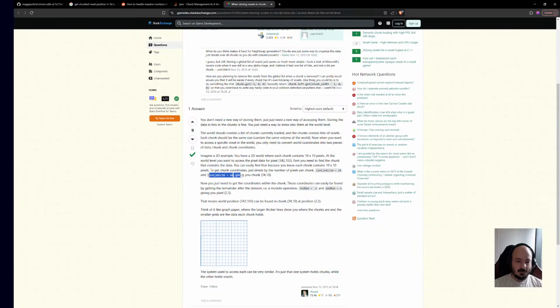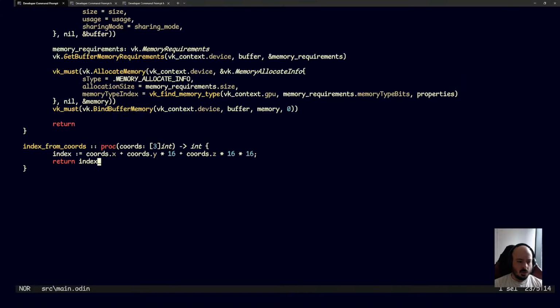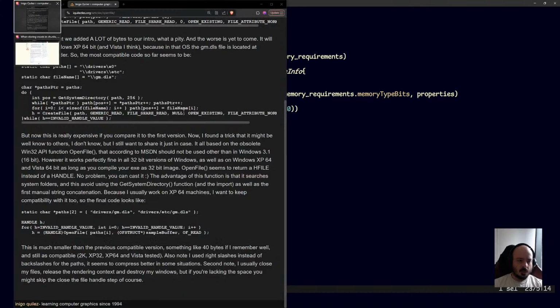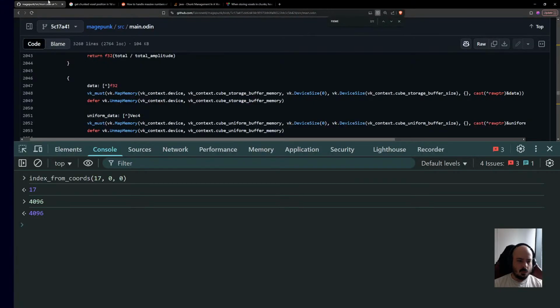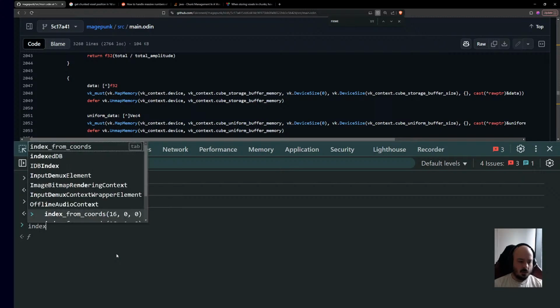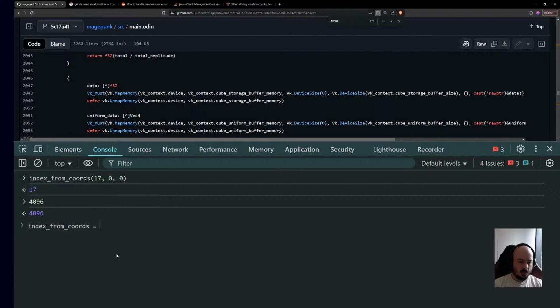Okay. Giving you 34, 10. You see, you get the coordinates within the chunk. Right. Wow, okay. That's easy, I think. So from coords equals